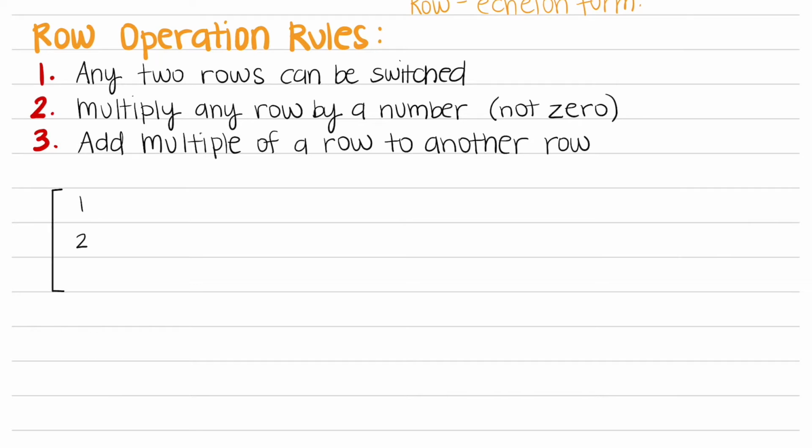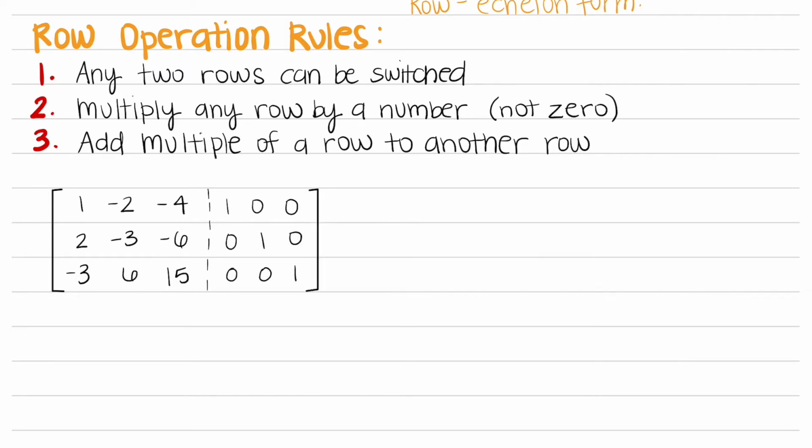So first, let's write down, like we wrote above, our matrix with a dashed line and the identity matrix to the right. And here we know that this is our row 1, this is our row 2, and this is our row 3. And what we're trying to do here is make the left look like the right, and we would work from left to right. So let's start with our left column. In that first row, we have a 1, and on the right, we want a 1, so we don't need to do anything to that row so far.